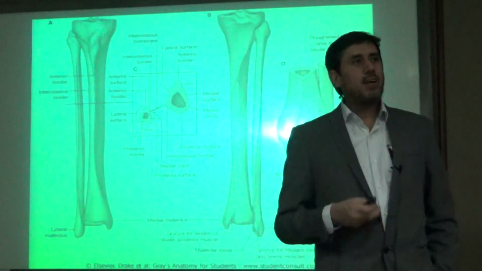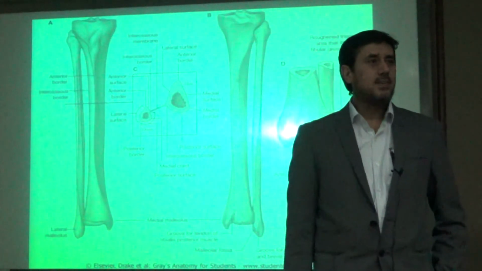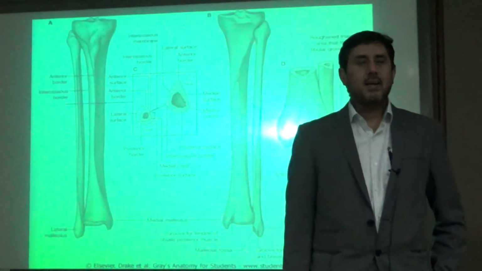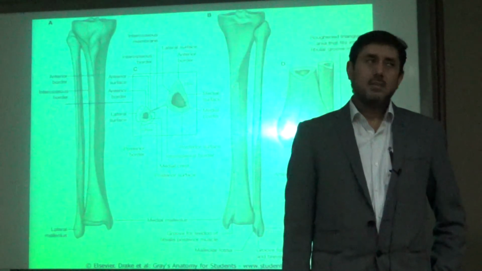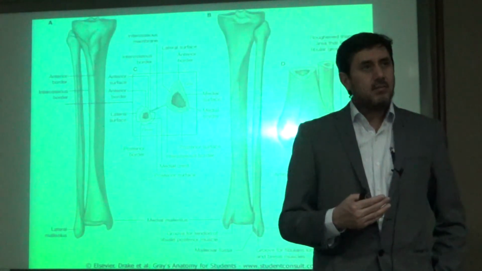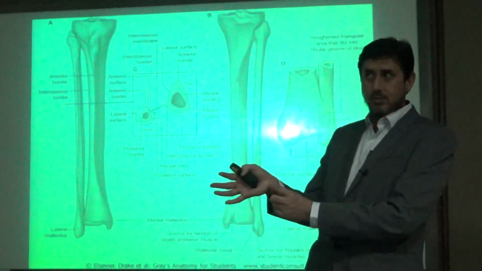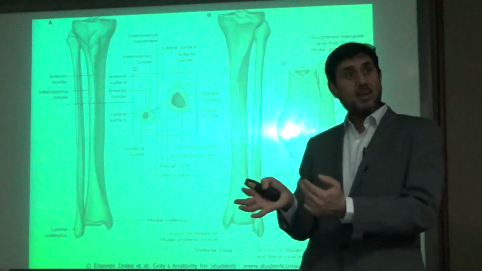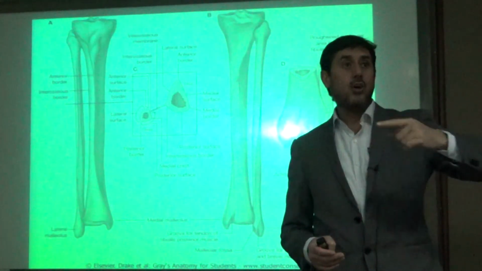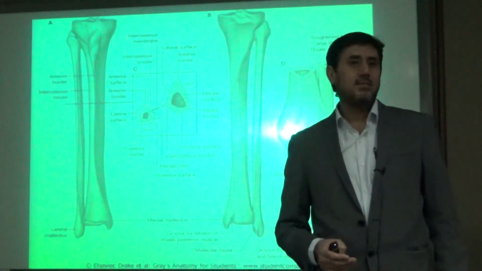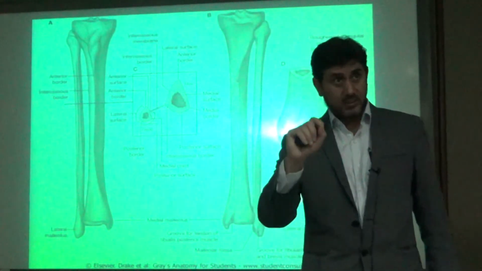If I ask you, what are the bones participating in the formation of the wrist joint? Radius and carpals, all carpals. We have two rows. Proximal. We will discuss later on, but I want to tell you there is no ulna over there. It is also known as the radiocarpal joint. In your book it is written.